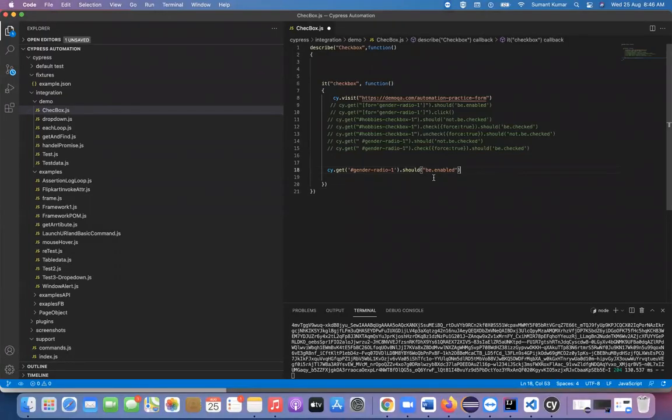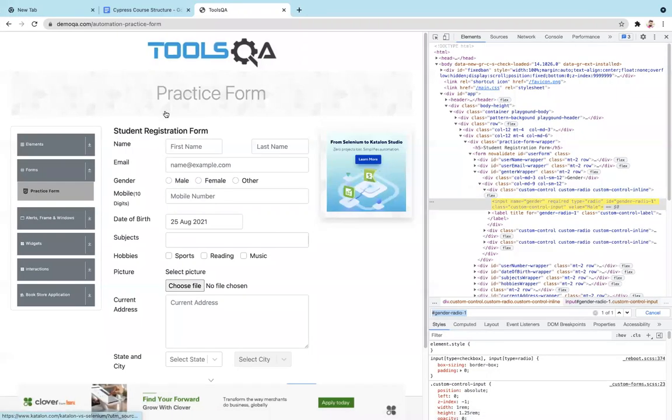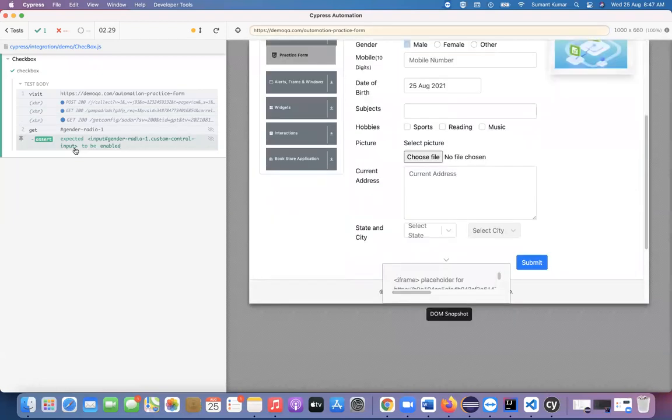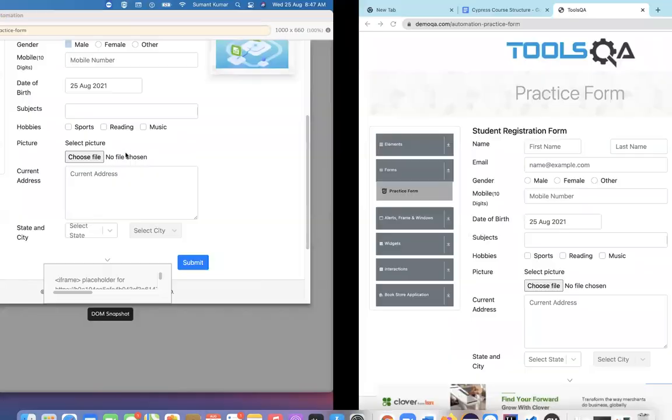That time we have to use be.enabled. Now if we save this, we can see this assertion got passed. It got the radio button, and it is saying yes, it is enabled. That means we are able to click this particular radio button.